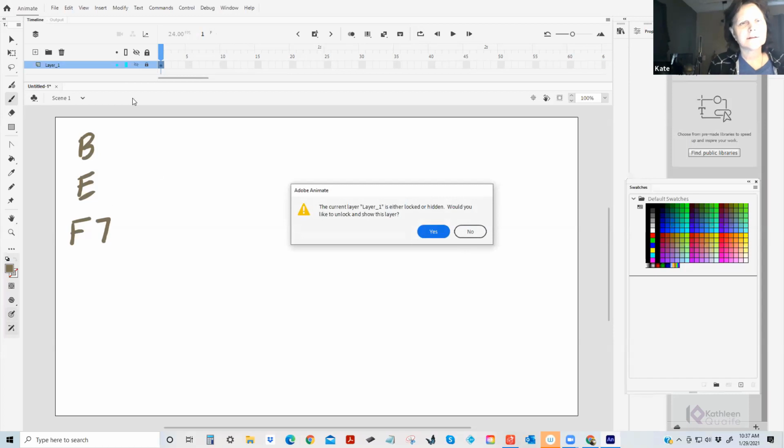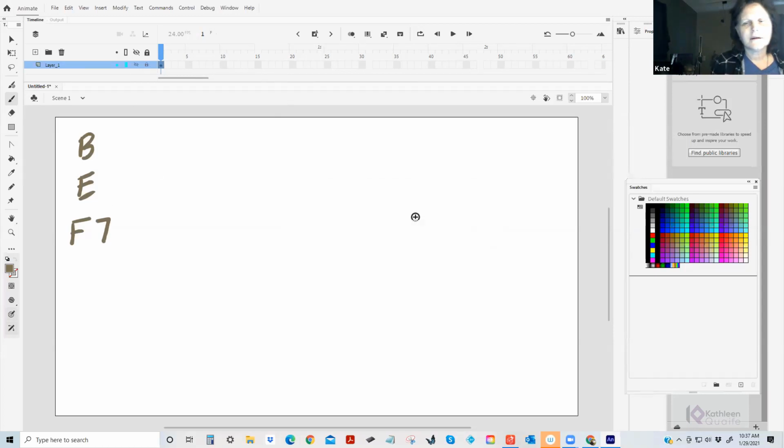The current layer is locked. I locked it somehow. Function F7. On a Macintosh, on a Mac, the F keys are often dedicated to things like FaceTime. This is a PC I'm working on, so you Mac people know, sometimes you got to hit that FN key. But when you hit the F7, which would be above the 7,